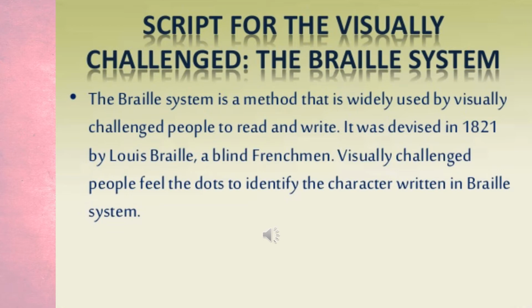A special way of reading for visually challenged people was developed by Louis Braille, who himself was blind. He invented a system of reading called the Braille system. It consists of a group of raised dots. When you poke a needle on paper, it shows a raised dot, so braille paper looks like that. With the sense of touch, people touch the dots with two fingers on both hands and are able to guess which letter it is.